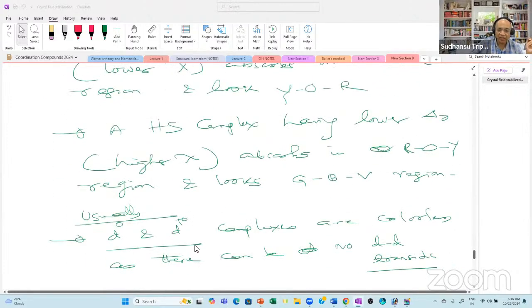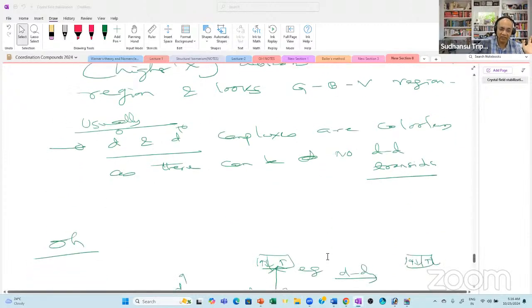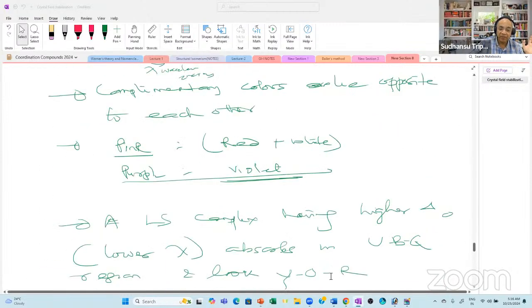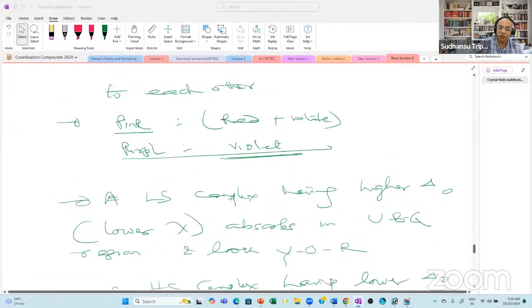With this we went yesterday: d0 and d10 complexes do not have a possibility of dd transition. So they are usually colorless, but CT will come into the picture where even d0 can be colored, d10 can be colored. So dd transition absence will indicate that it is colorless. And sometimes if the entire absorption peak falls in the UV region,